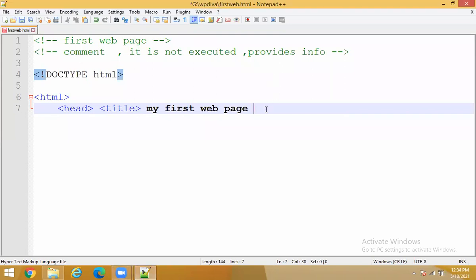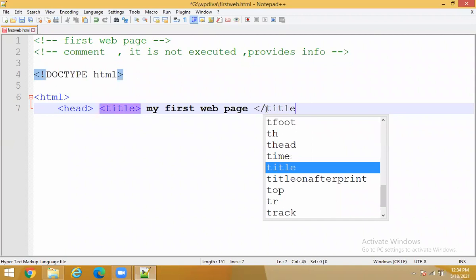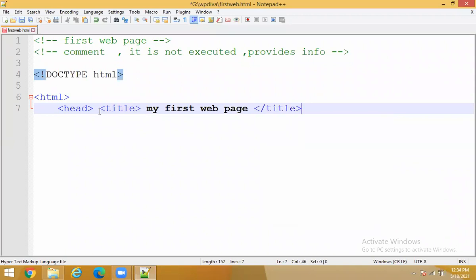So the first web page that I take here is my first web page, and close the title tag. Keep a habit of this: this is the opening of a tag and this is the closing of a tag. Whatever you write between the title tags will appear as the title for your web page.